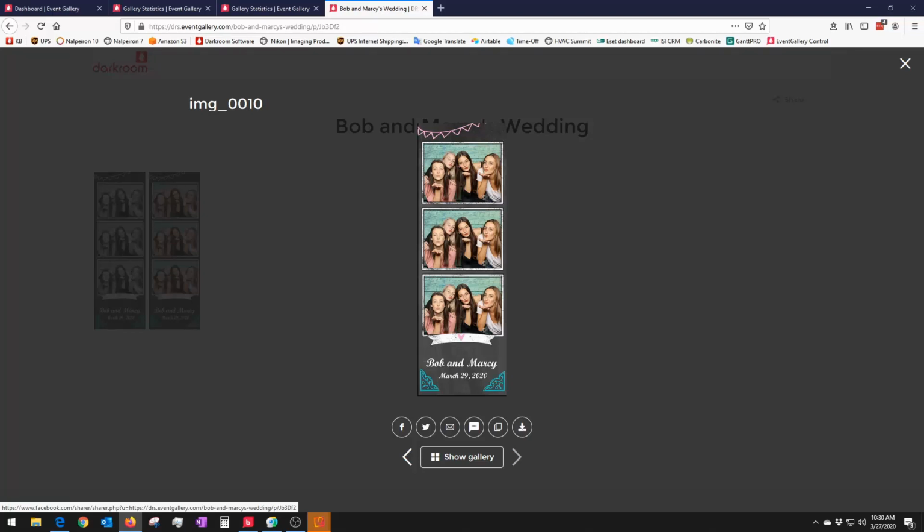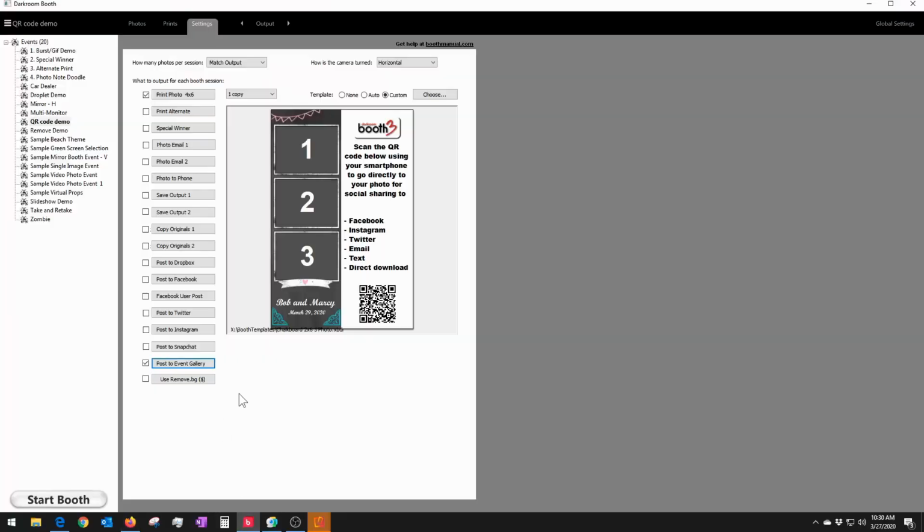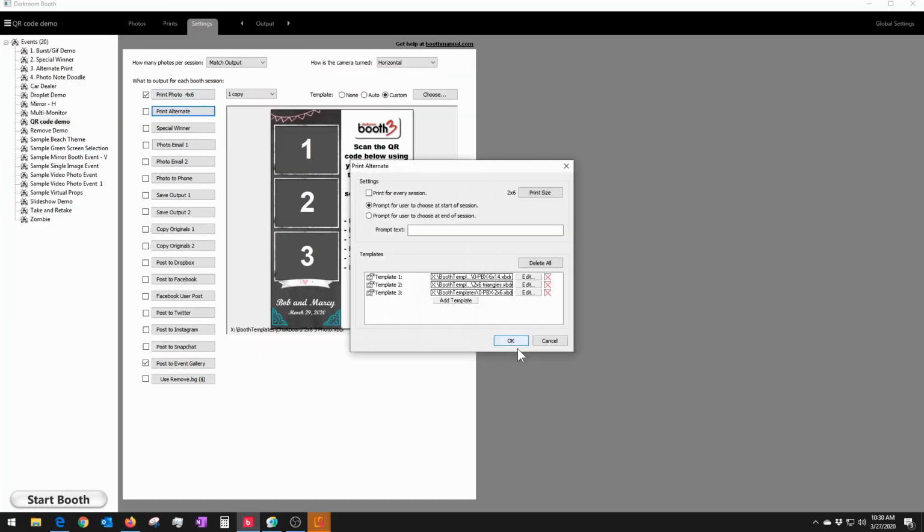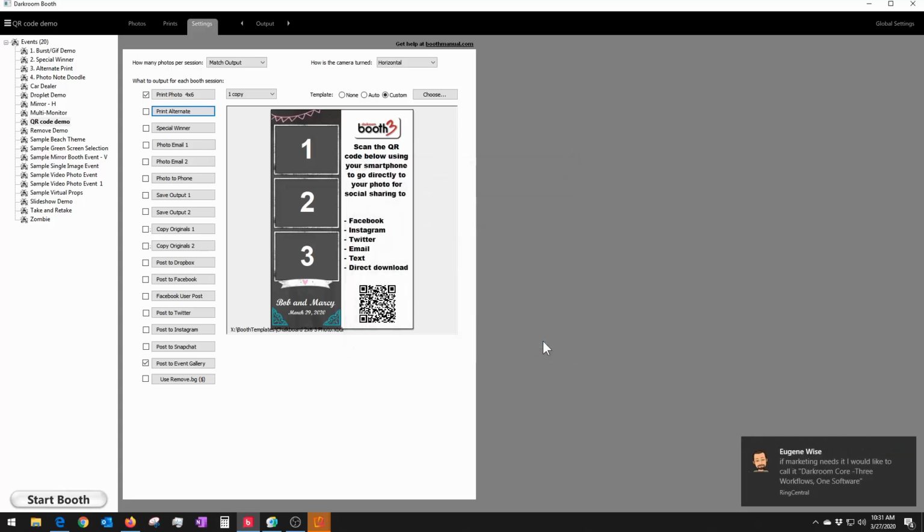You could do the same thing in a variety of ways to give them a little printout that they could use to walk away with and take them directly to the Event Gallery. For example, you could use Print Alternate and set up a separate template that only printed the QR code on, say, a little label or something inexpensive, a receipt printer or something like that that's just real inexpensive and throwaway, and then use the Print for Every Session to print both the photo strip and the little ticket with the gallery QR code. So there's a variety of ways you could do that to send them directly to the gallery,